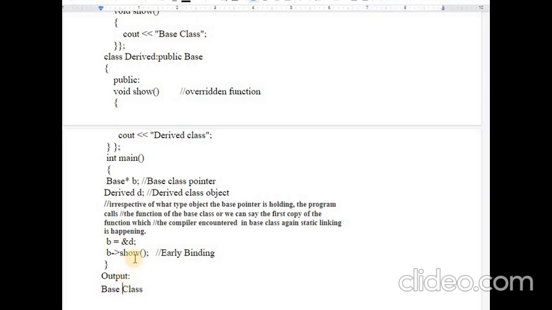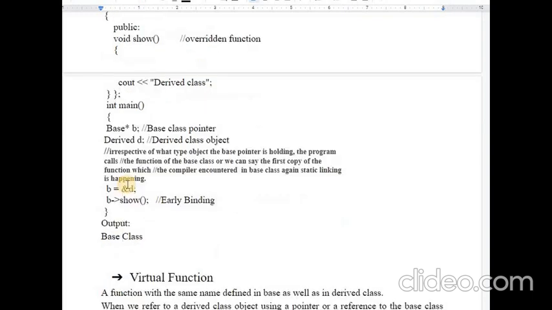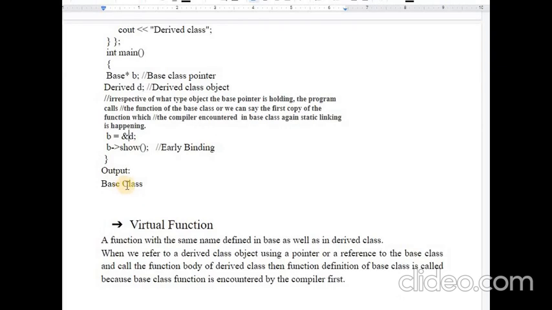In this case you can also resolve this by creating a derived class pointer separately and then passing the derived class object's address to that derived pointer. So you can create the derived class pointer as well. We will get q here.